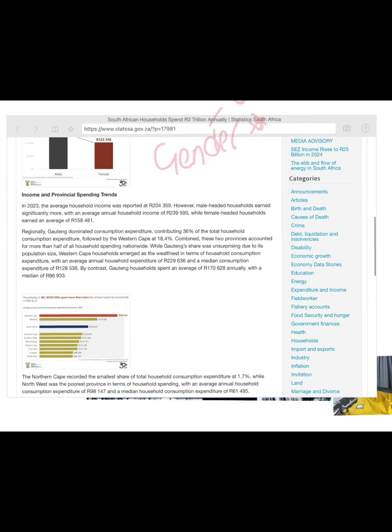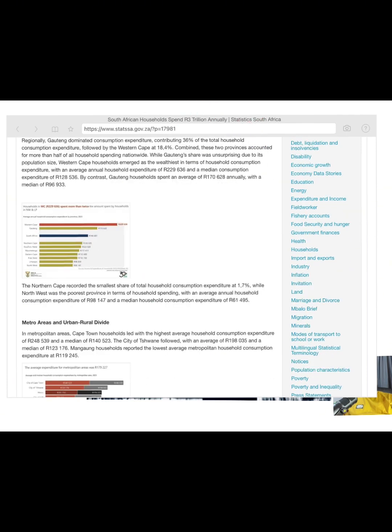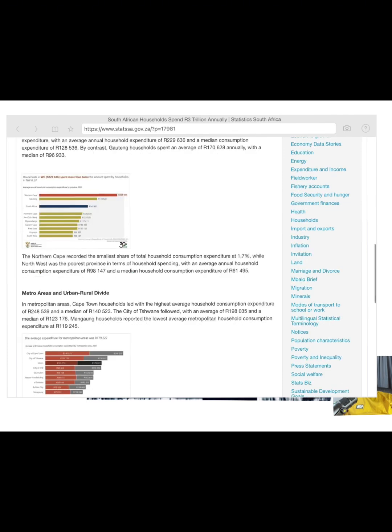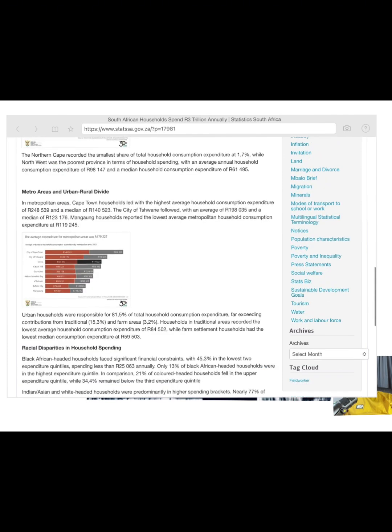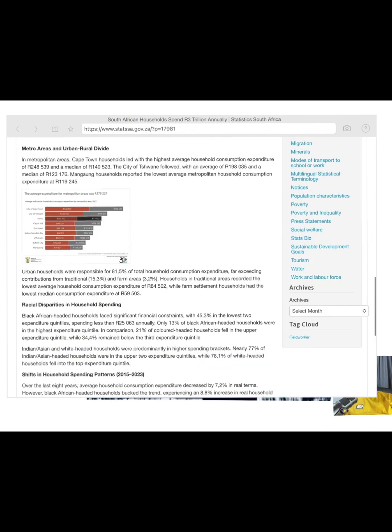And then they even do it by provinces, etc. You see a beautiful slide there, which we're going to look at. So I've downloaded this presentation because on this webpage, they're just trying to summarize or give a media statement. But what's the deep dive of this whole thing? Now, before we get into the presentation, we are looking into this